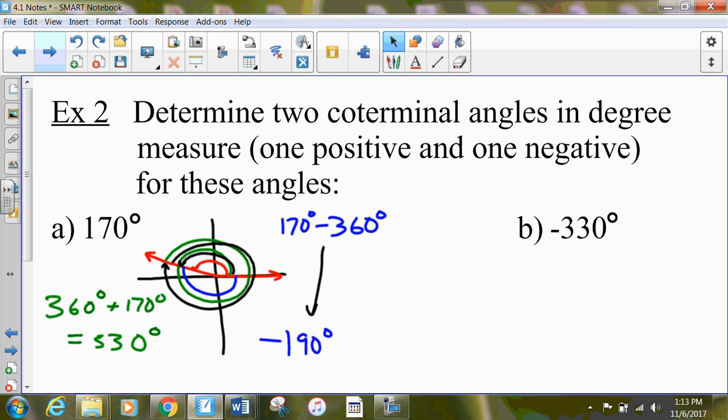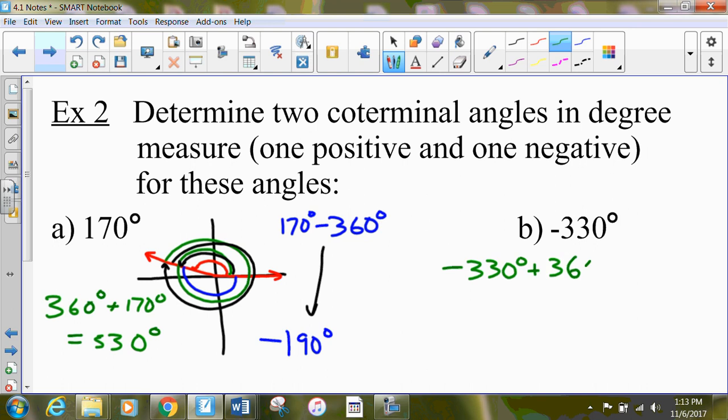So I wanted to show you a visual way as well as the shortcut. And the shortcut is just take your angle, add 360 to it to get a positive coterminal angle, and then to get your negative one, subtract 360. Sometimes we find if our angle is pretty big, we're going to have to subtract 360 twice to get our negative coterminal angle. So let's go ahead and look at negative 330, and we know that to find one coterminal